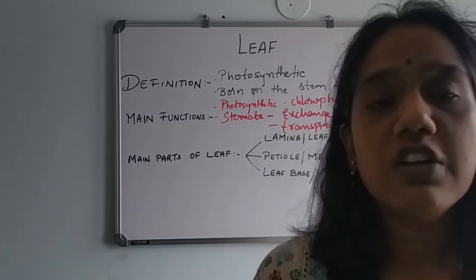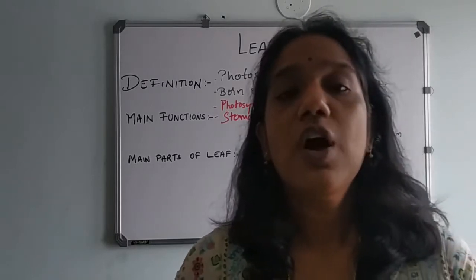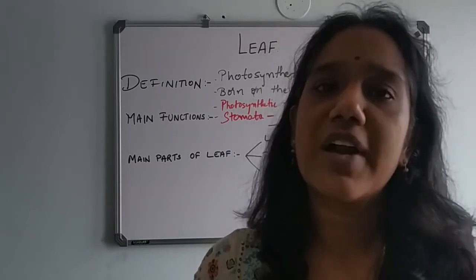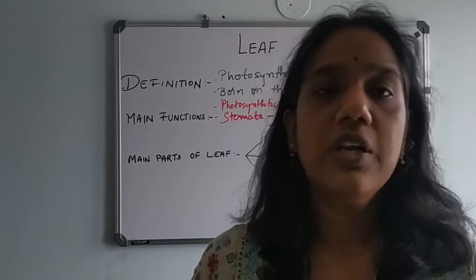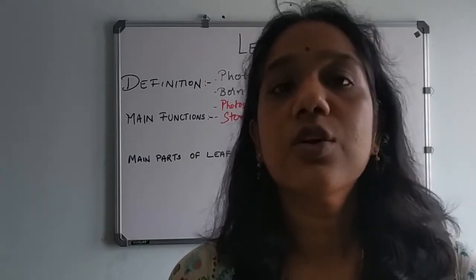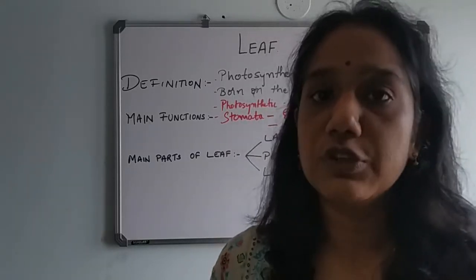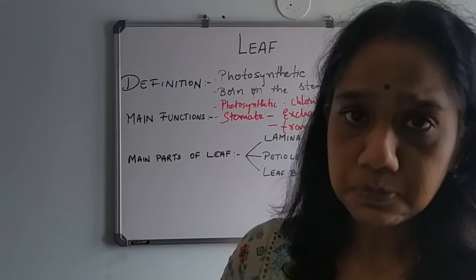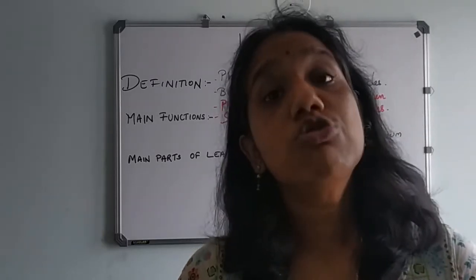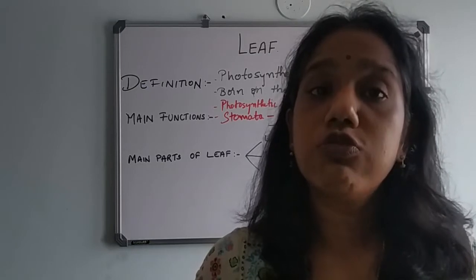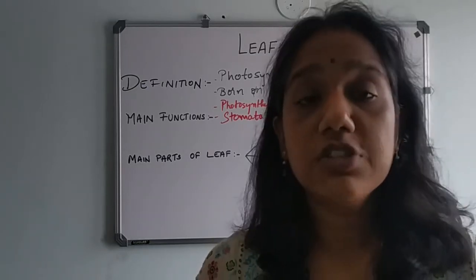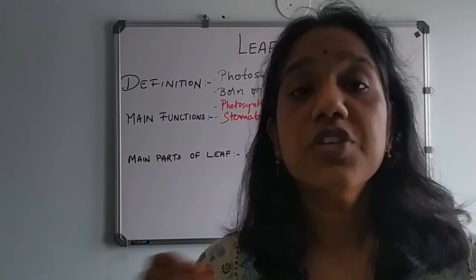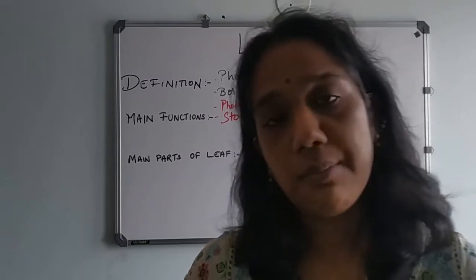These leaves are also involved in bringing about vegetative reproduction. Example for this is bryophyllum. So if you take a leaf off of a bryophyllum and simply put it in the soil, you can have new plants growing on it. That is, the leaf itself will start producing roots and leaves, and hence a new plant is formed. Other than this, they also store food, and they are also modified into spines to check the amount of water loss during transpiration in xerophytic plants.